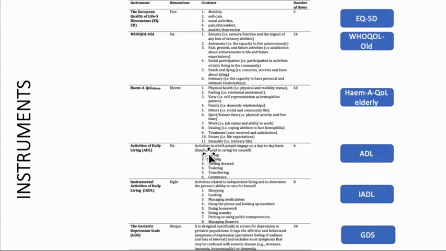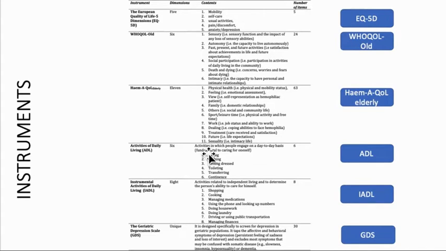We used the European Quality of Life 5 Dimension, the EQ5D, a generic tool that provides a single value as an index of patient health status, spanning from 0, the worst health state, to 100, the best health state. We used the WHOQOL-OLD, a generic tool that gives an overall description of health, emotional and social status. We used the Haem-A-QoL elderly, used only in the patients with hemophilia group, a specific instrument to assess hemophilia-specific